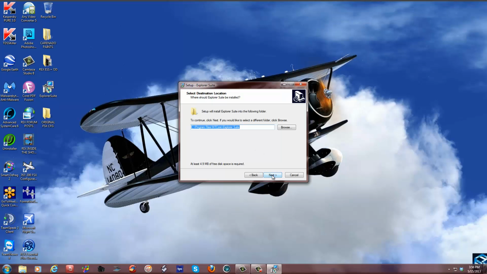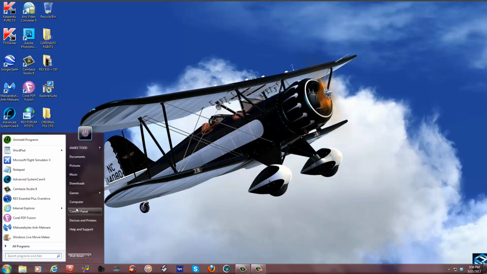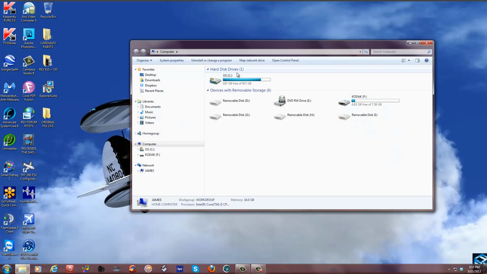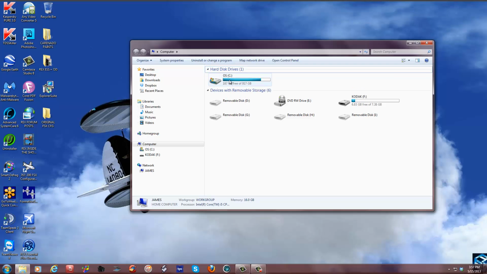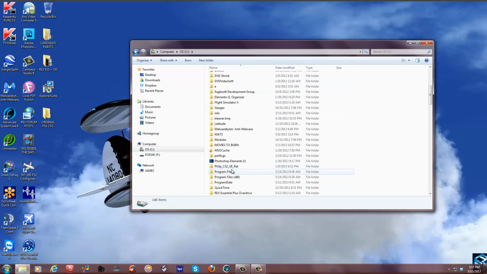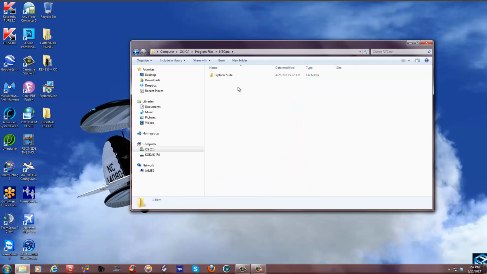Okay, I already have it in there, so I'm not going to install this, but you can install it on your desktop, wherever you want to put it, just so you know where to go get it. Program files NT core Explorer Suite. Next, okay, have it installed. So I'm going to close this, and I'm going to go to program files, NT core Explorer Suite,